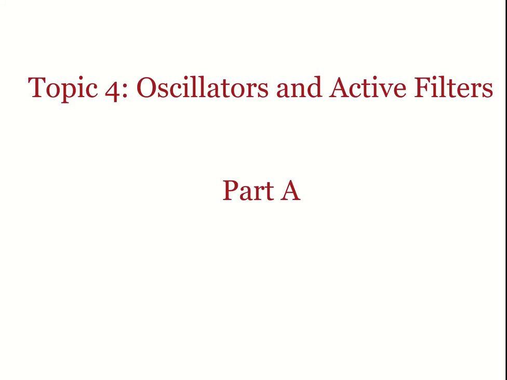Welcome back, class. So we are starting our new chapter, a new topic, which is basically oscillators and active filters. In the last chapters, we have learned that we can make our op-amp circuits more stable with feedback networks. We have seen that our system will be stable when its transfer function magnitude is less than 1, and the corresponding phase at that frequency is also less than 180 degrees.